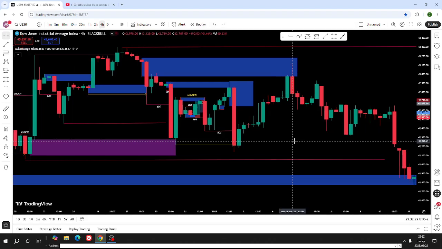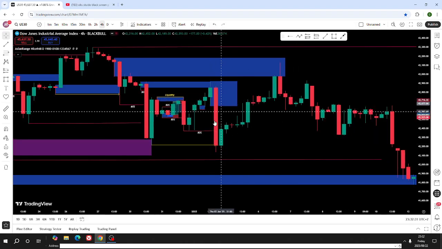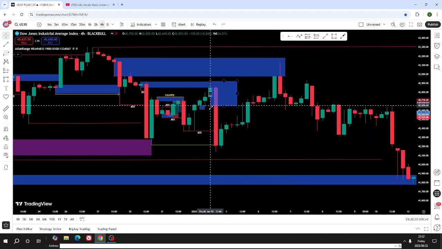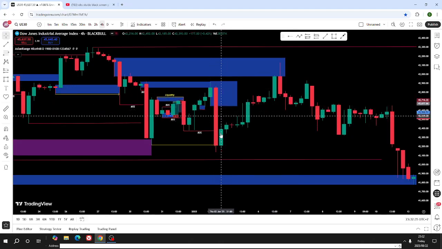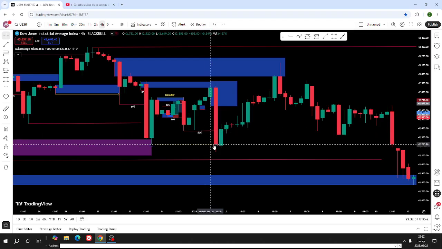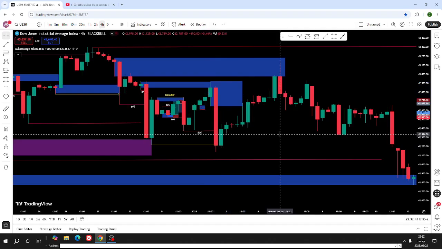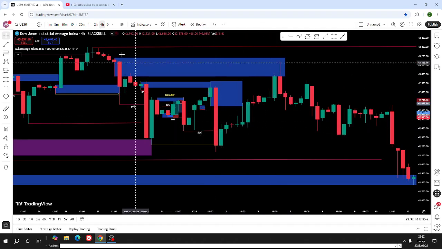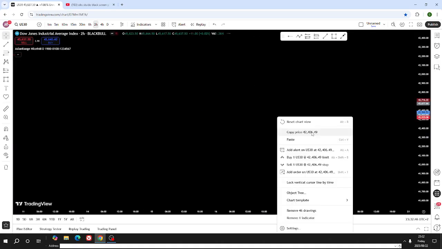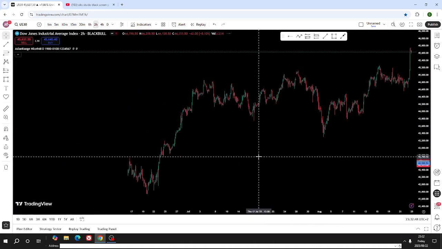Alright, on 4 hour we get to see that this is the only order block that breaks structure and then comes to the slopes. But the other block that we have is right at this order block. Then when we go back and take a look at what's happening down there,